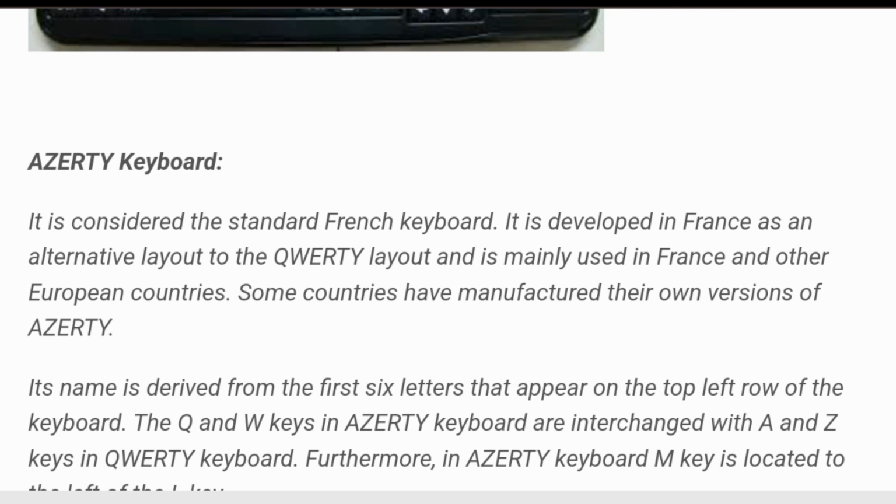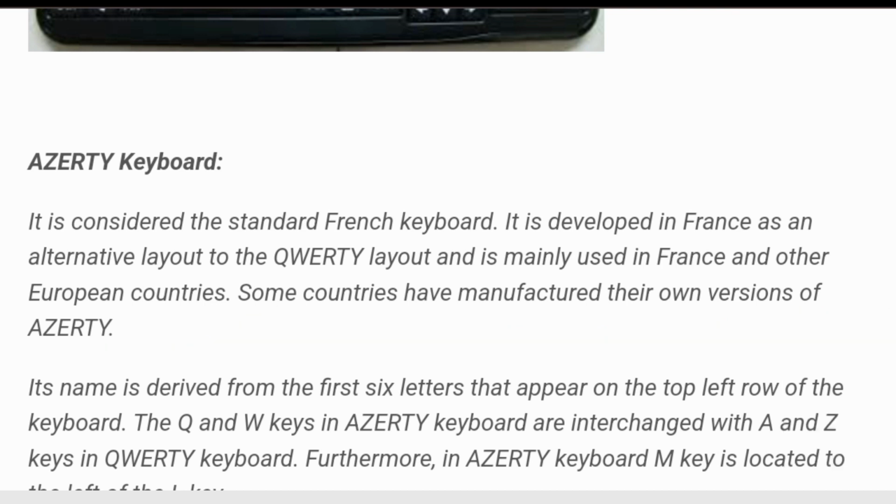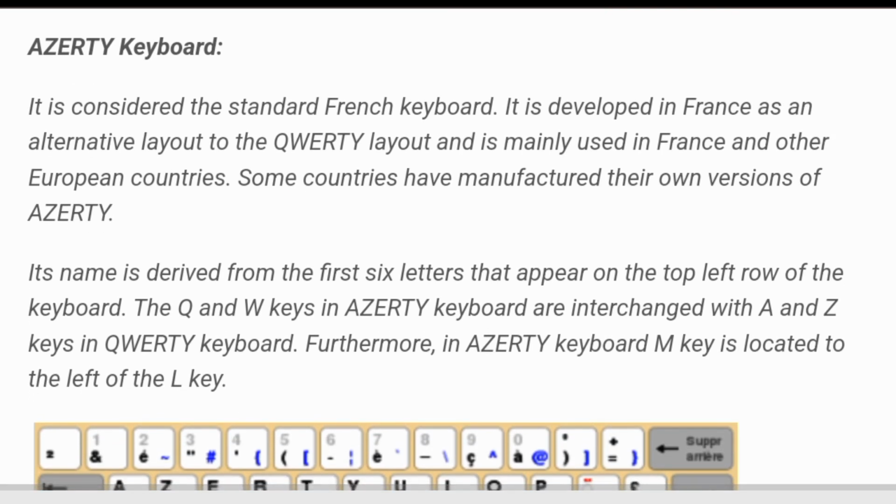Some countries have manufactured their own version of AZERTY, and its name is derived from the first six letters that appear on the top left row of the keyboard.